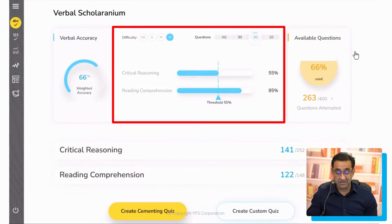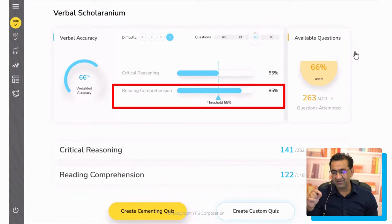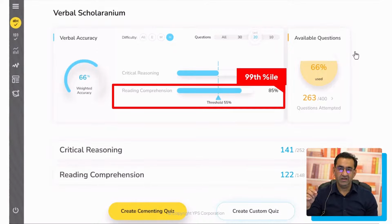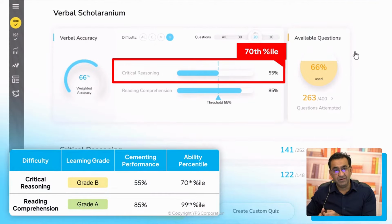You can really see in CR, he was at the threshold. But in RC, his accuracy is 85% on hard questions. That's a 99th percentile ability in RC, whereas in CR, his ability score that corresponds to this is about a 70th percentile ability. Again, you can see the correlation between your course level grades and